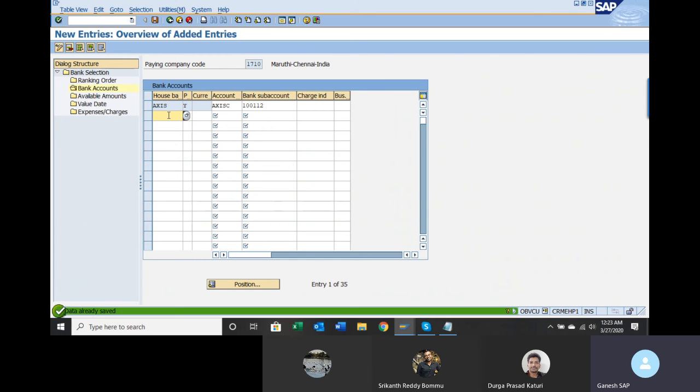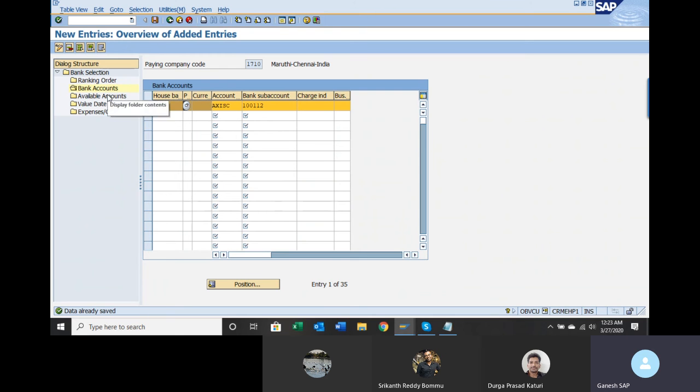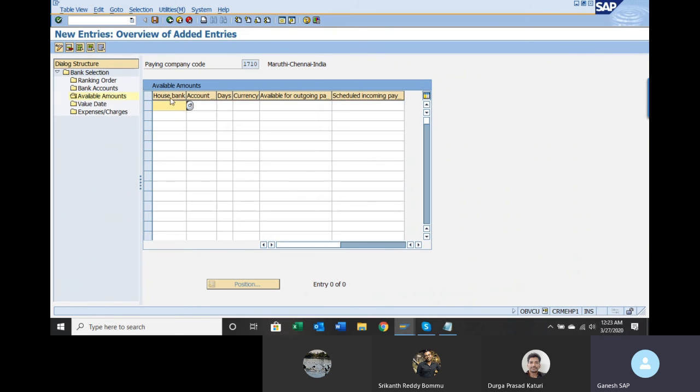Okay. Save this, select it, go to available amounts. You have to tell the system that some dummy value is available in this bank account. If you keep it zero, the system will not allow you to make the payment, so some value you have to maintain. Axis, account ID Axis C, number of days, you just give 999. Currency, for this you have to maintain currency. Only in the previous step you have to keep it blank. In the first step and third step you have to maintain the currency. Available amount: this much amount is available for making the outgoing payment. Validate, and these two are not required, ignore.